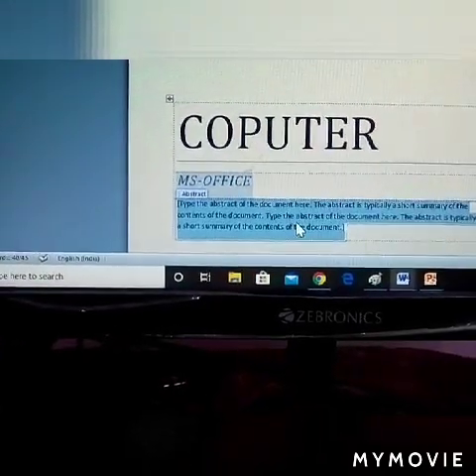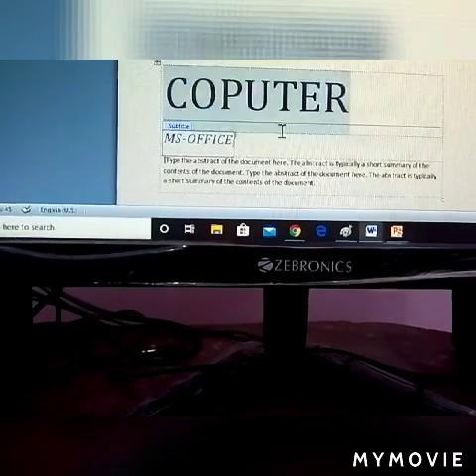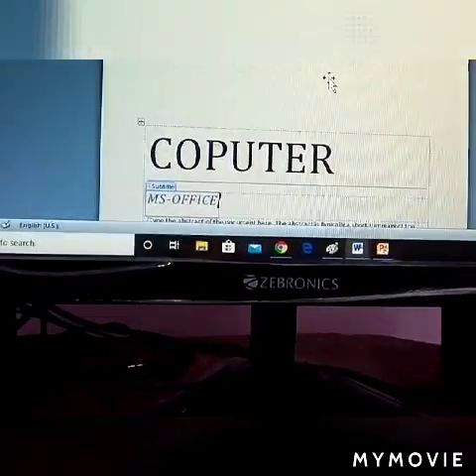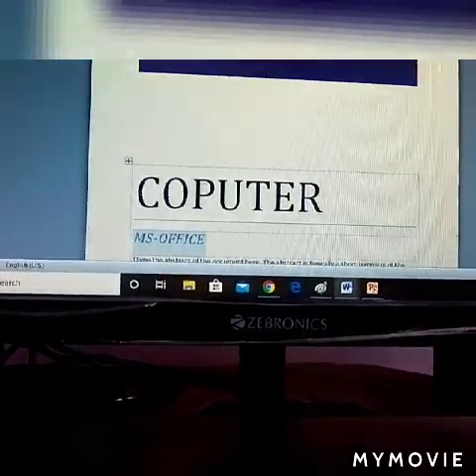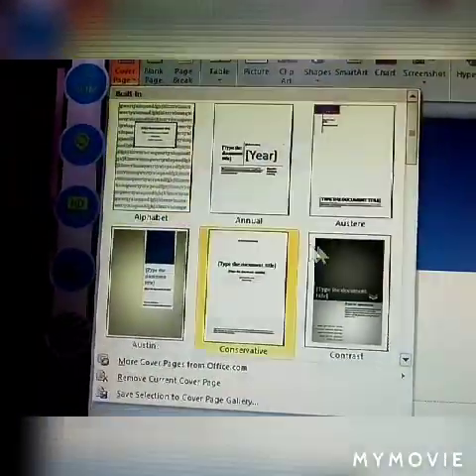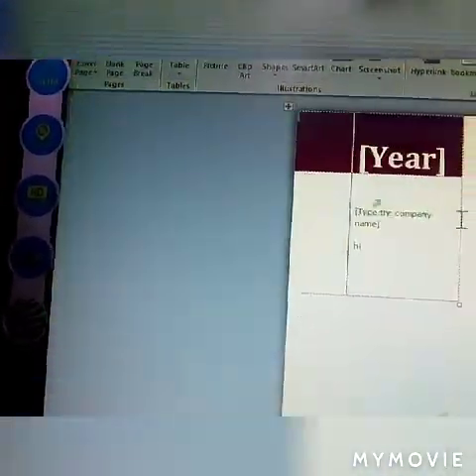Any information we have can be given here. Now this cover page does not look good, so I change the cover page. Again click Cover Page and select this one.